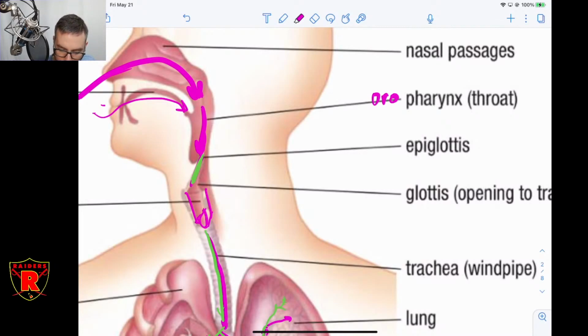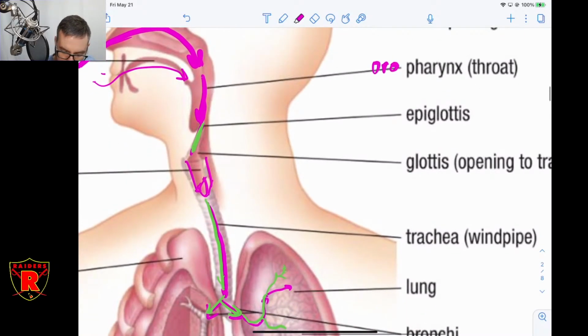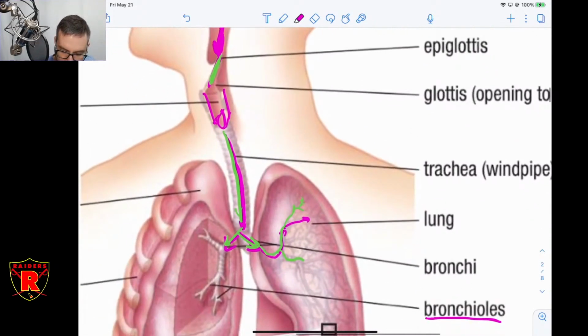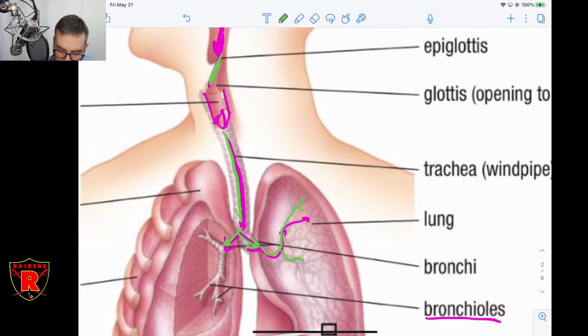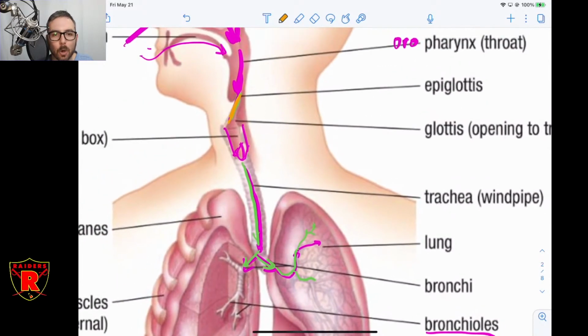And then it's going to go down through the pharynx and past a little tiny structure right here called the epiglottis. So the epiglottis, and we talked about this, I believe, with the digestive system as well, is a little tiny flap. And in general, the flap is open. Assuming that you're just sitting there breathing right now, your flap, your epiglottis, is open. When you swallow,